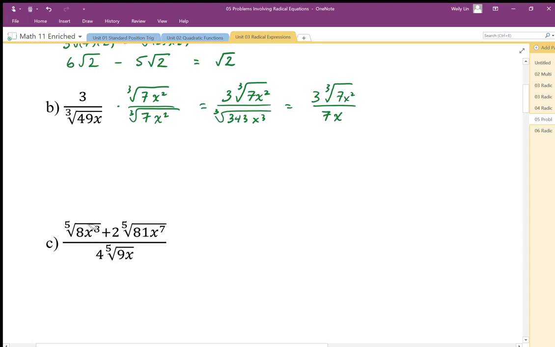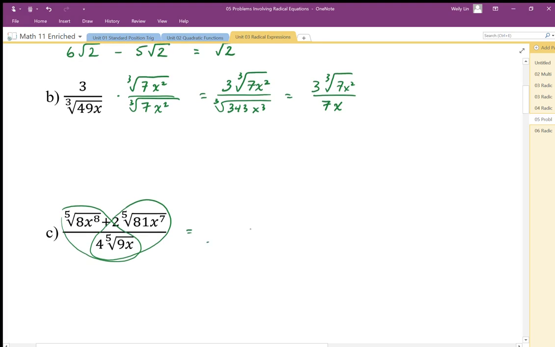Here we can simplify this fraction first before we try to add or subtract or combine like terms. So here since this is division, we can distribute this way and this way. Okay, so we have the fifth root and the fifth root; those are compatible. So I'm going to end up with, well, there's no factor that will work with a 4. So we're going to first of all divide. Looks like here we're going to end up with the fifth root of,